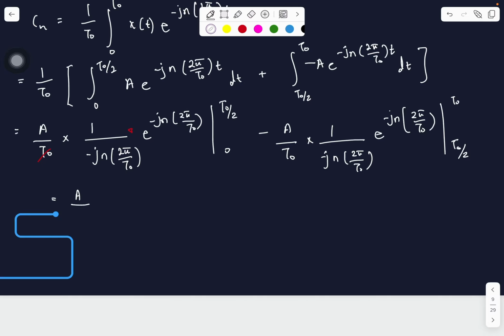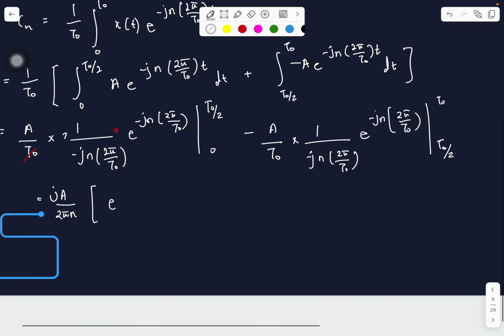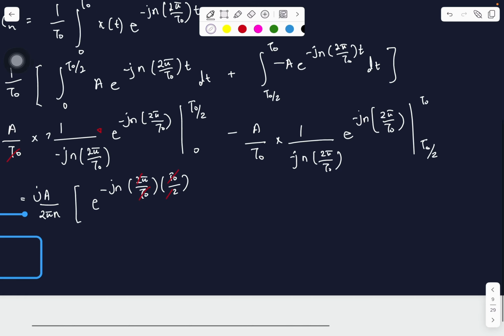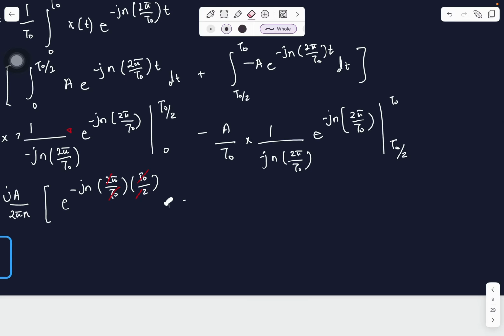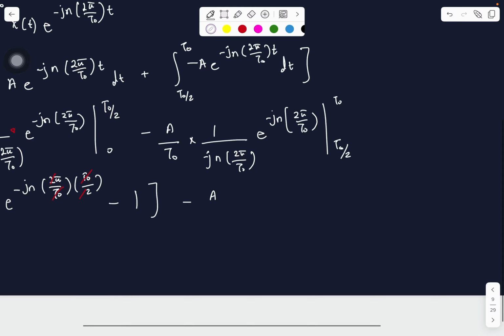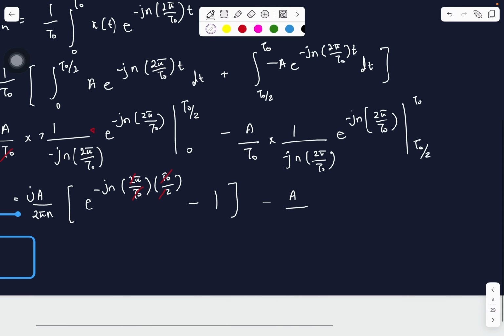So it's a, and the minus j we can also bring into the numerator, so 1 over minus j is positive j, so it's ja over 2 pi n here. Then we substitute the limits minus jn 2 pi over t naught times t naught over 2. We cancel. Minus anything raised to power 0 is 1, minus a over here, the same thing, it will be negative j